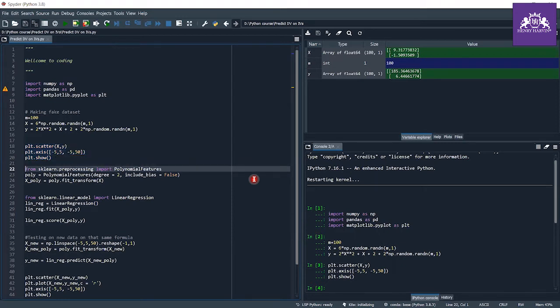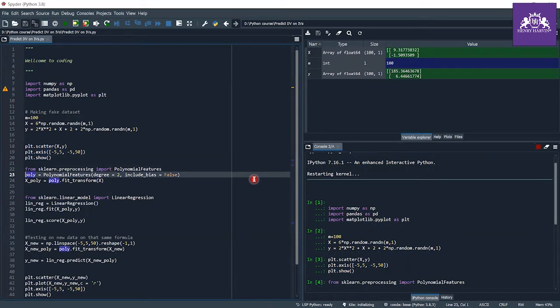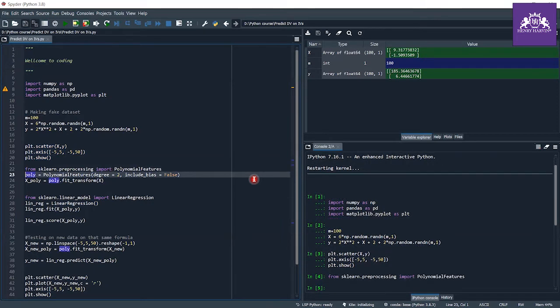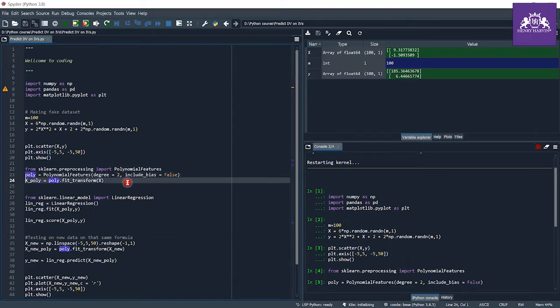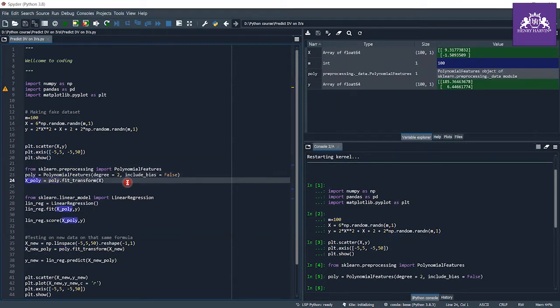independent variables. So I'm importing the polynomial features to get the polynomial features for this single feature. I want a degree of 2. If you see that your model is not fitting at degree 2, you can increase your degree so that you can see whether your data is fitting best or not. So I just import the polynomial features class to transform my data.